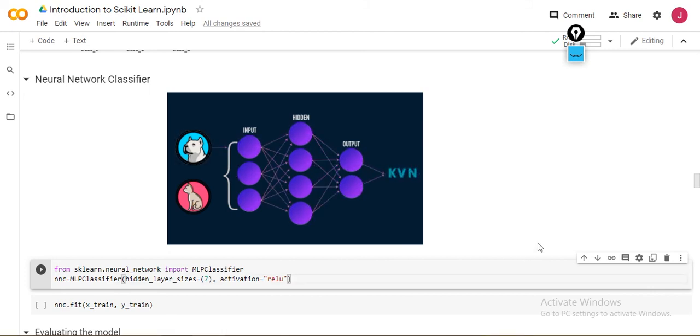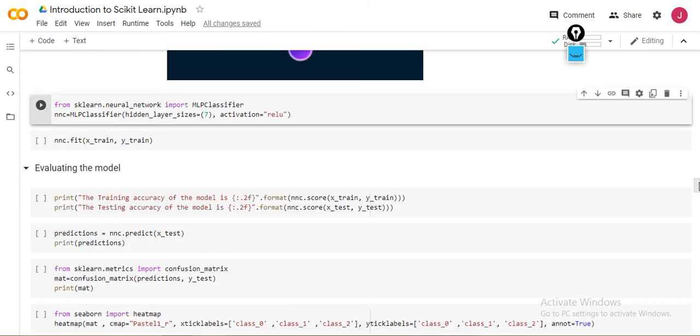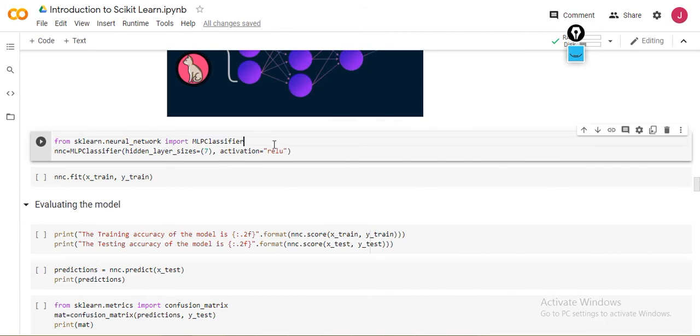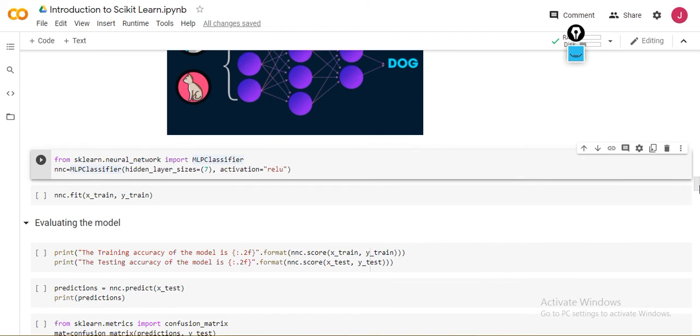Now coming back to our implementation, let's see how we can implement neural networks. From sklearn.neural_network, you can import MLPClassifier, the multilayer perceptron classifier, and in the hidden layer sizes parameter, you can pass the number of hidden layers and units that you want. For example, I want 7 units here, and the activation function will be ReLU. I won't go into the nitty-gritty details of how ReLU works. But what I'll say is,